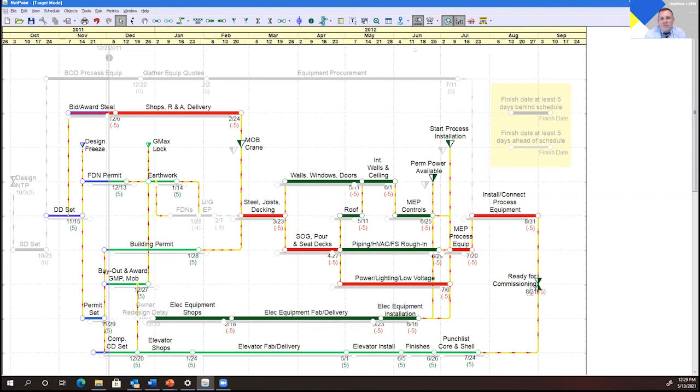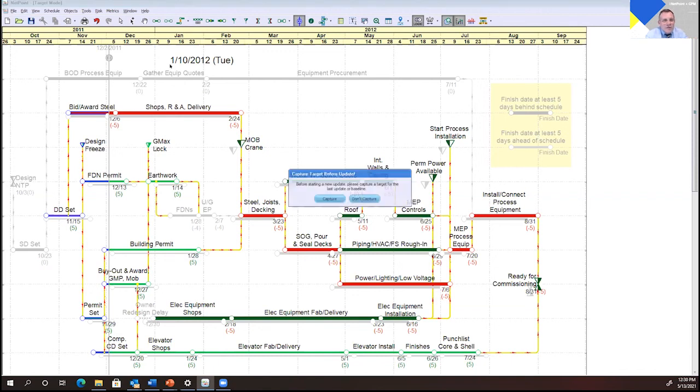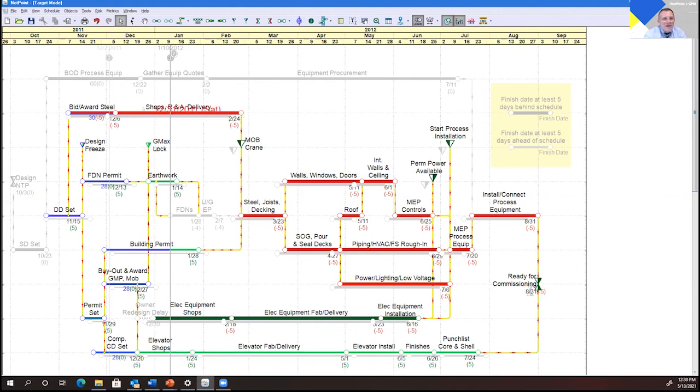And so within the tool, you can compare different schedules. Each schedule update, let me go ahead and drop a date on here so you can see this bit of functionality. Each schedule update is going to show you this box, and it's going to say, do you want to capture this? And the answer is always yes. We probably shouldn't even ask the question anymore. I think we should just capture it. But anyway, now we've captured this snapshot, and then as we make changes to the schedule,